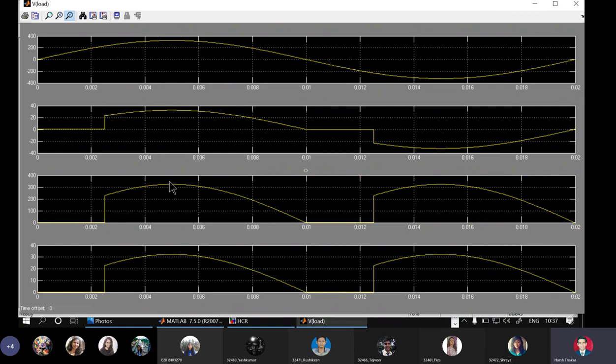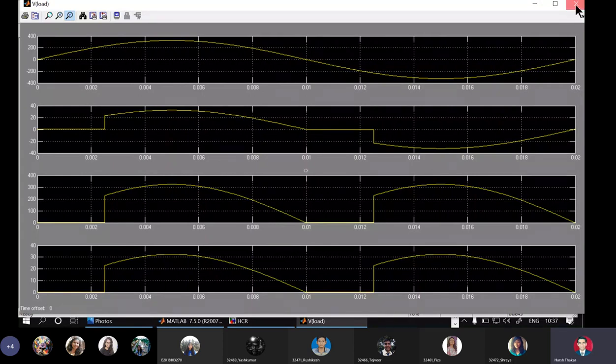But you see here it is like a chopped AC. So from 0 to somewhere beyond 2 milliseconds, the input is blocked from reaching the output. This is the beauty of an SCR. That is what is called a controlled rectifier, because I have fired my SCR at a particular angle. Till it is fired, the SCR remains off and keeps the load disconnected from the source.